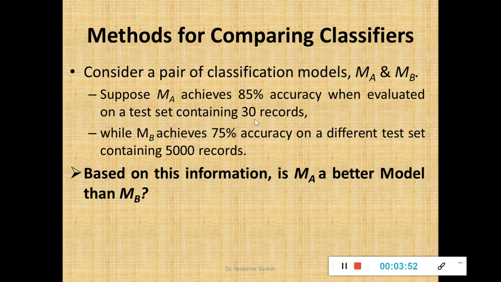That means the number of records is more in case of model B when compared to model A. So obviously I'll choose model B rather than model A. Just because model A has 85% accuracy when compared to 75%, I'll not choose model A. It is as simple as selecting a topper from a batch of 10 or selecting a topper from a batch of 100. The number is more, so the confidence, I can say yes, out of 100 students, this fellow is the topper. I'll have the confidence that he is the best person. So similarly, if the number of records is more and the accuracy is more, I'll say this model is better. How to mathematically evaluate this, we'll see in the upcoming slides.